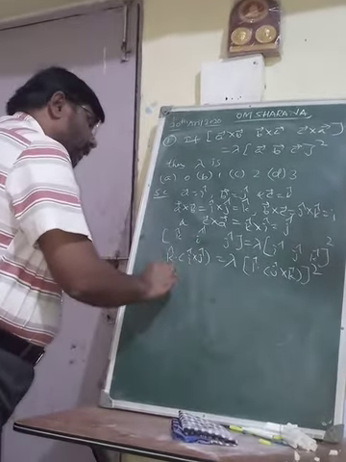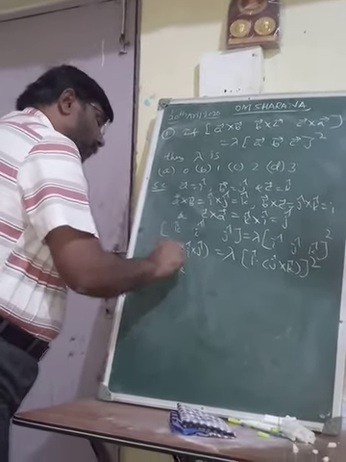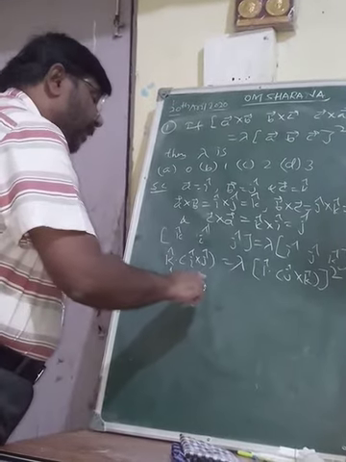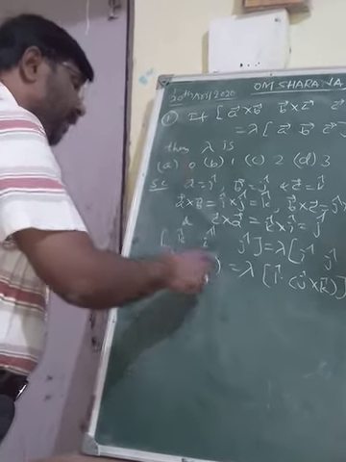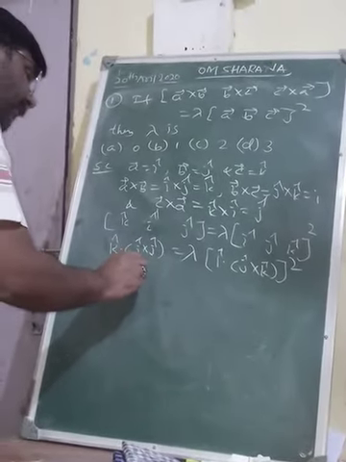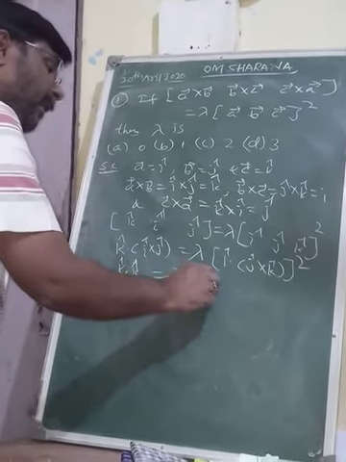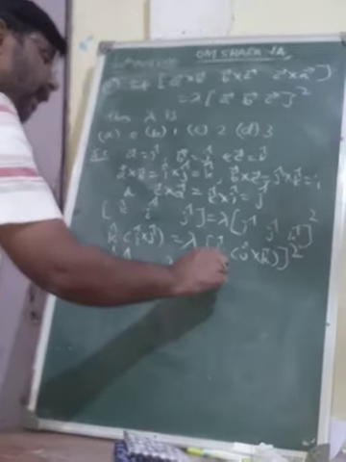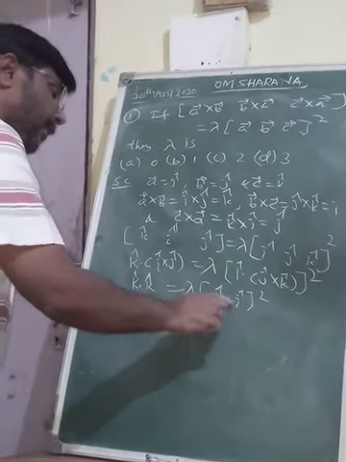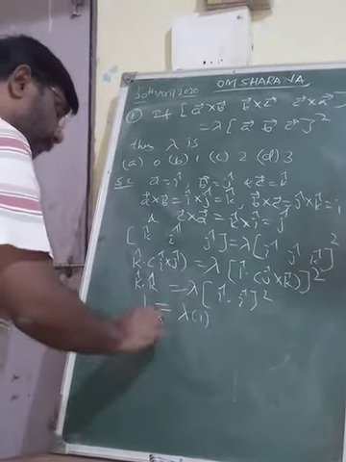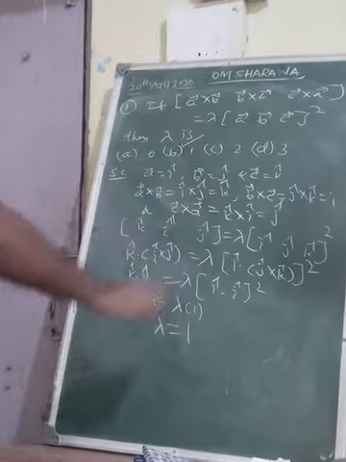k dot i cross j is k dot k, because the cross product of the two vectors is taking place in the direction perpendicular to the plane of the two vectors. Therefore, i cross j is k. I have given you the list of the formulae. So k dot k is 1, equal to lambda times i dot j cross k, which is again i dot i squared, which is also 1. Therefore, the required value of lambda is 1. So, option B is correct.